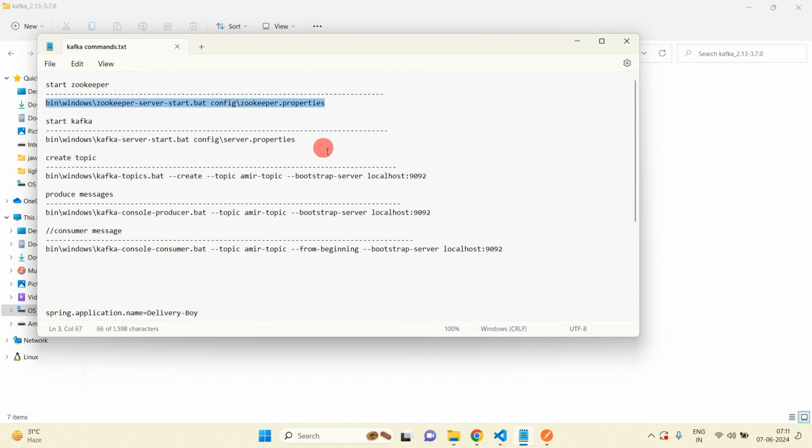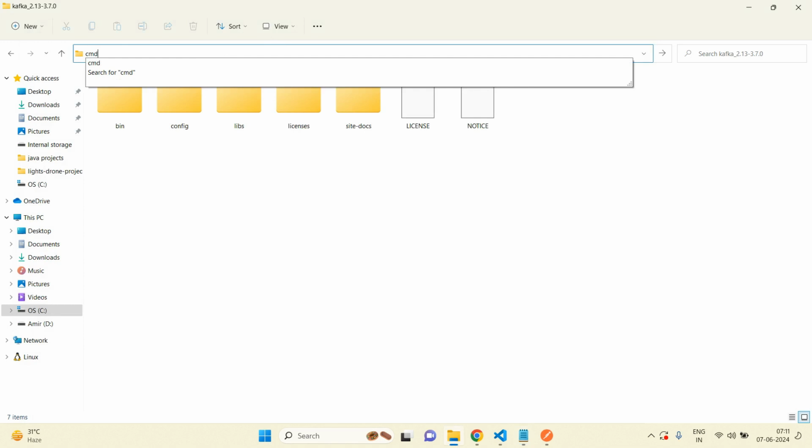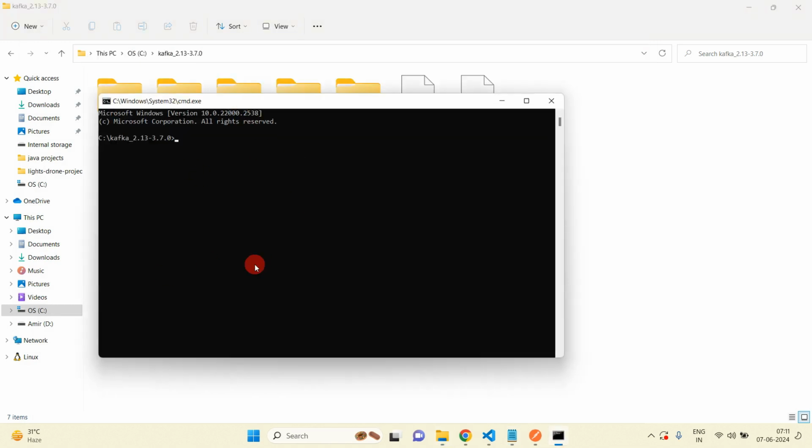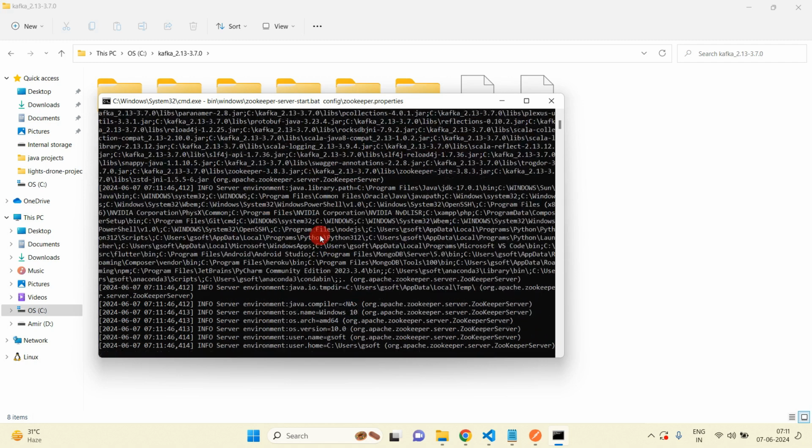Just copy this command, and inside the C drive, inside Kafka, we will write cmd here, open the terminal and then paste your command to start Zookeeper. You can see our Zookeeper is started.